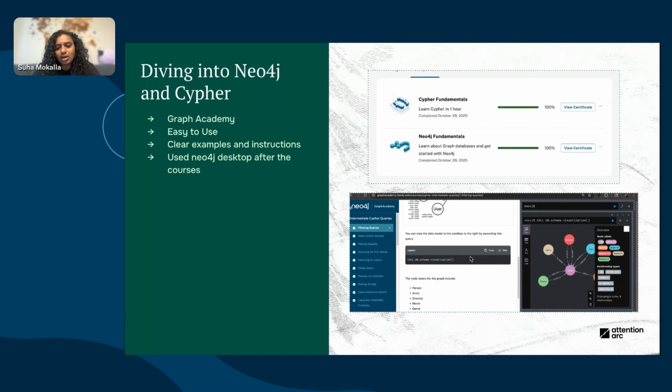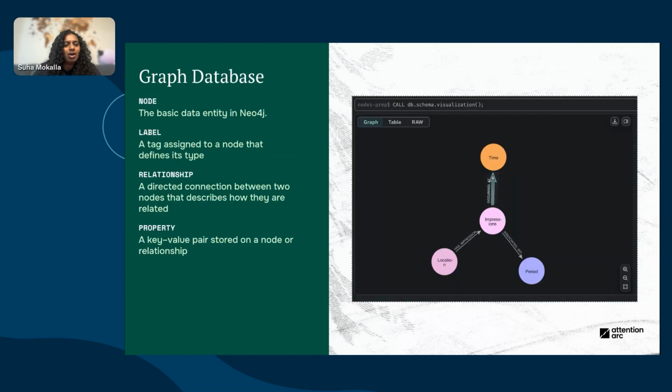There is some syntax here. You can simply run this. As simple as that, you visualize your database, and there are also some exercises at the end of some of the modules, which help you understand what you're doing and learn more. After doing these two courses, I started using the Neo4j Desktop version, which is simply the Neo4j Desktop application, and logged in and started coding.